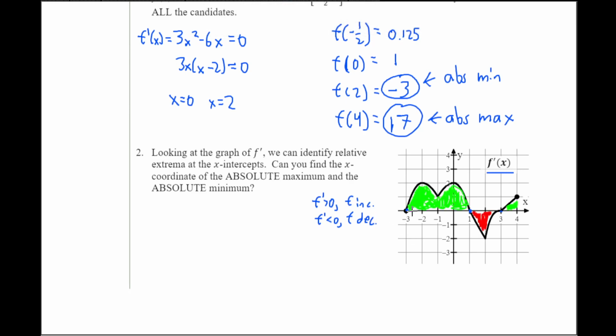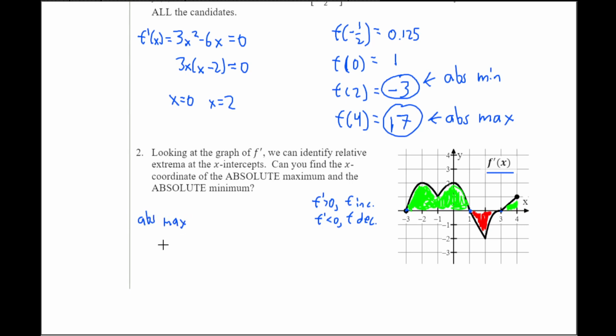You can think about your starting point right here, -3. You see how I shaded the green as the values for which f prime is greater than 0? You can think about this green area as how much the function increases. It increases by this much area, then it decreases by this much red area, then it increases by this much green area. So you can see that from your starting point, you increase by a lot, you decrease a bit, and then you increase a bit. So the question is, is your absolute max